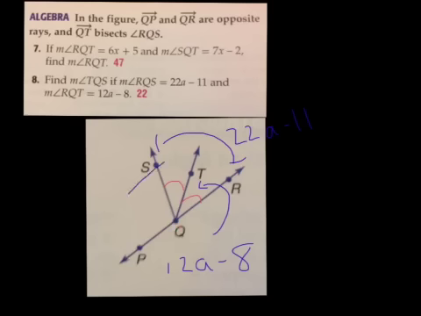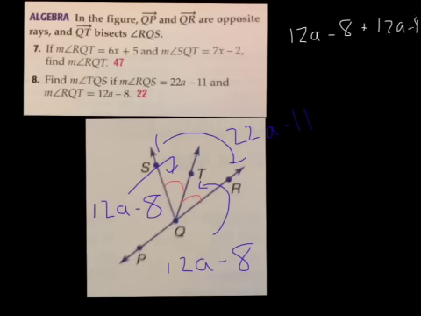So I also know that SQT is going to be 12A minus 8. Alright, so looking at my picture now, think back to a linear measure. Remember, the small parts add to the big part. Well, I've got two small parts here and one big part, so I can set these up adding to each other, and I know it's going to equal the whole big piece. So if I go from there, I'm going to get 12A minus 8 plus I have another 12A minus 8,